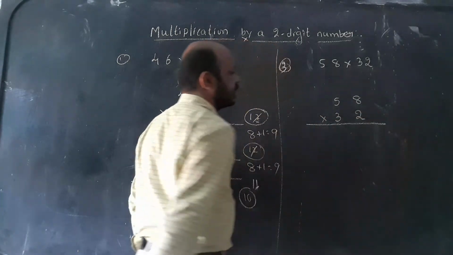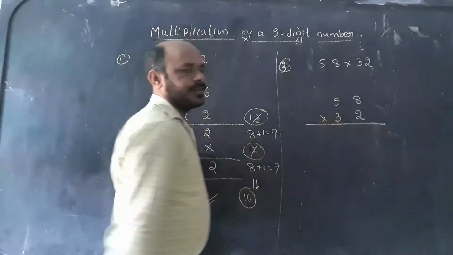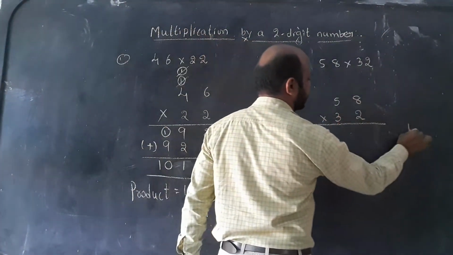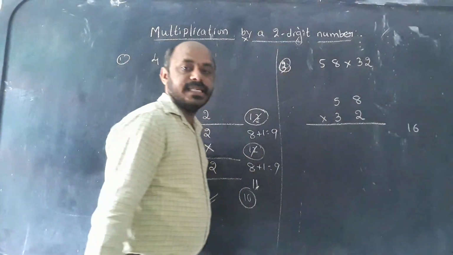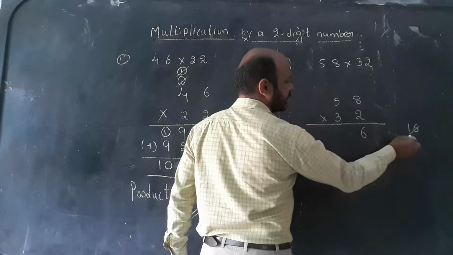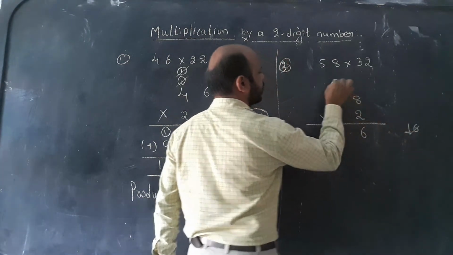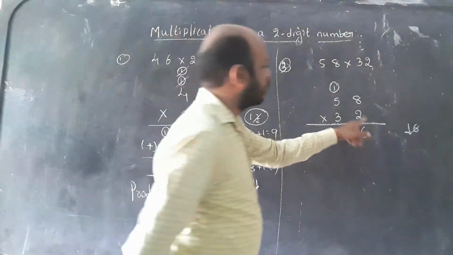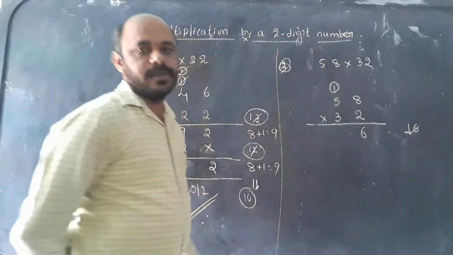See children, here in multiplication you have to do the same process from the start, from the ones place onwards. 2 8s are 16. Same, 16 we got, a 2 digit number. First digit we have to write here. The second digit is carried forward to the before number, that is the 5 in the tens place. That is a tens place number.